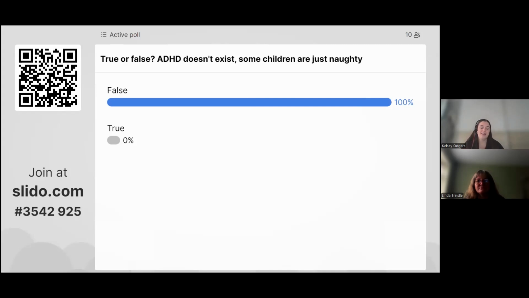Yes. And I could see from the Slido that sadly this is a narrative that some of you have heard before. Some people have wrongly said that ADHD is just a label as an excuse for naughty. But what we know, and what we wanted to share with you, is that scientific evidence shows that people with ADHD genuinely have differences in their brain structure, which affects their attention system and also their reward system in their brain, which impacts on hyperactivity and impulsivity.